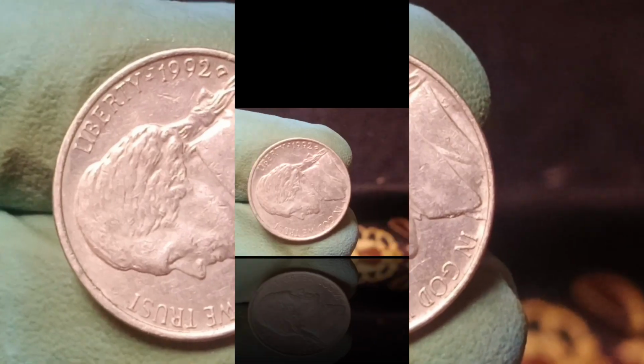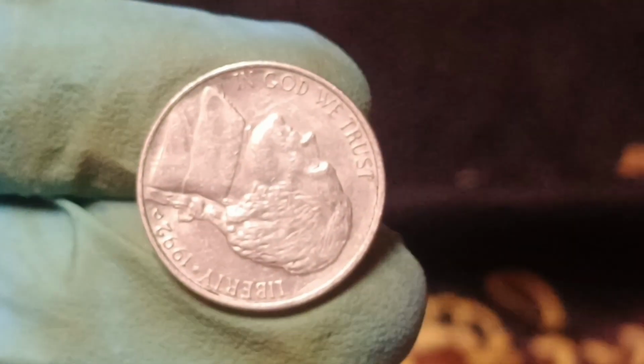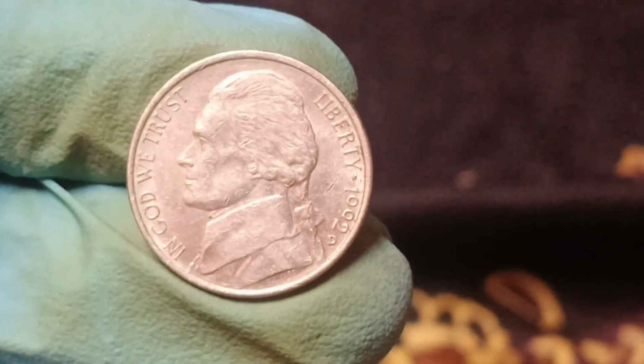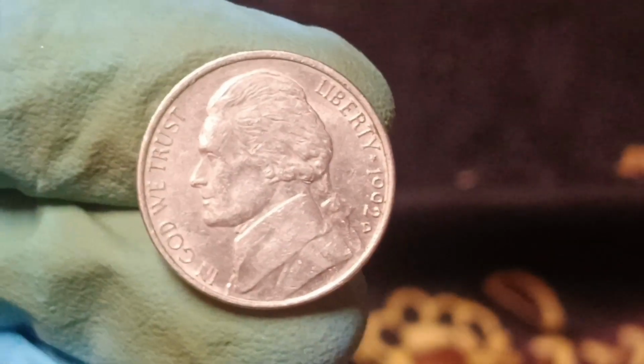this isn't just any Jefferson nickel, this is the 1992 D anomaly, the unicorn of American pocket change, a specimen that has managed to blend history, mystery, and monetary allure all into a 5-cent piece that was supposed to be common, forgotten, and unremarkable, and yet, here we are, unraveling a story that begins in the Denver Mint, where millions